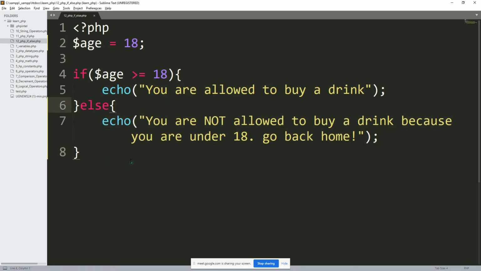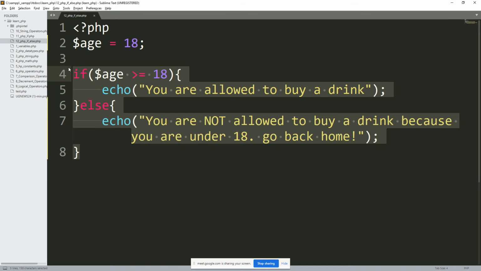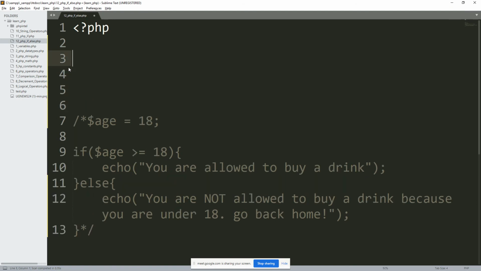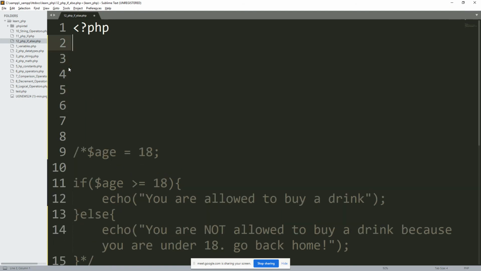Oh, let me comment this. So comment this one. In case you download this code, you'll be able to get this code. So what I'm going to do, I'm going to put here our mark. Our mark is equal to